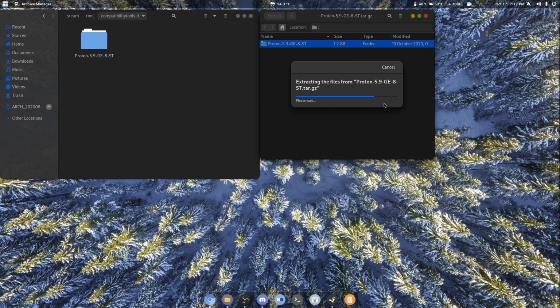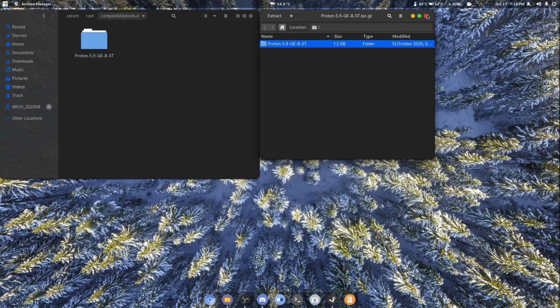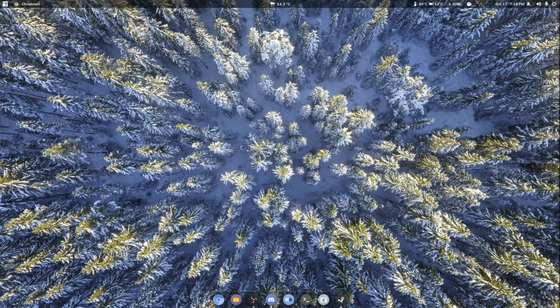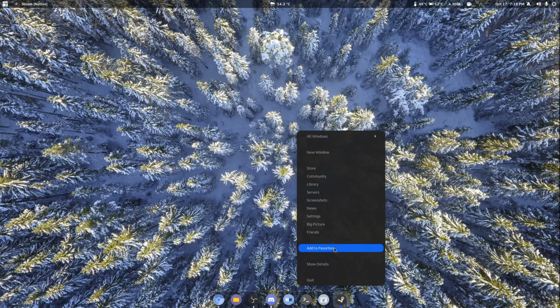It's going to take a second. Please wait. I am using an SSD. It might take a little longer for those people using HDDs. Please, for the love of God, get an SSD for Linux. It helps a lot. Now that that's installed, what we can do is we're going to add this to our